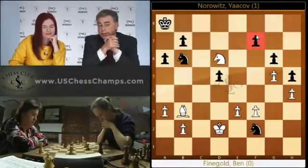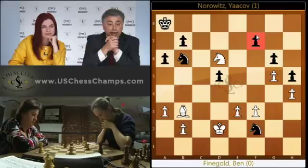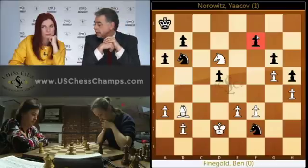That for certain Ben saw that, but he just, like Maurice said, he probably calculated that position up until the time that he loses his queen and said, oh, that's not good for me, misjudging that once the knight does end up on the d6 square, well, guess what? There's no defending the pawn on f7, so missed opportunity by Ben Feingold here in round 4, costing him dearly because I have it as Yakov